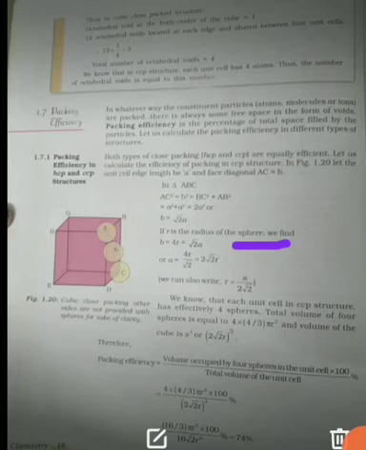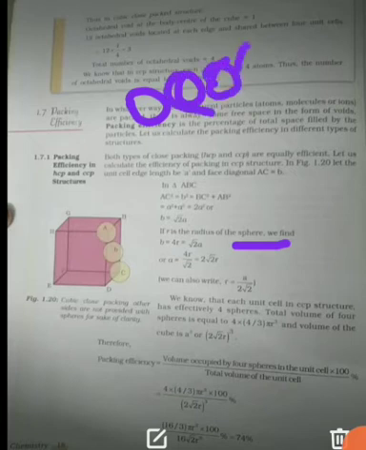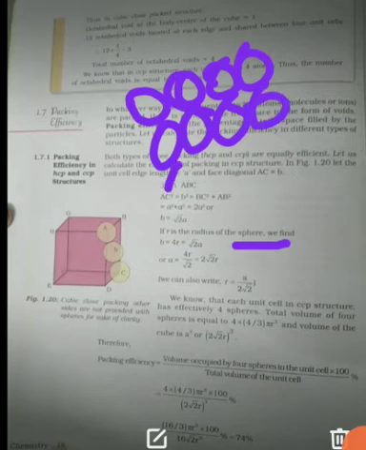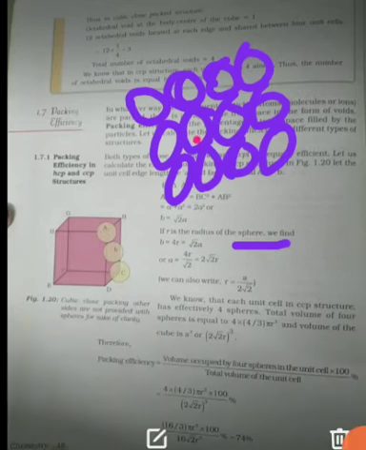And students, just remember that in case of CCP, that is closed cubic packing, you have seen that effectively 4 spheres are involved. I have shown you earlier also. Suppose we are making a CCP structure, that is cubic closed packing. For this, I have earlier also told you, assume this as the sphere. So here you can see the 4 spheres are surrounding.